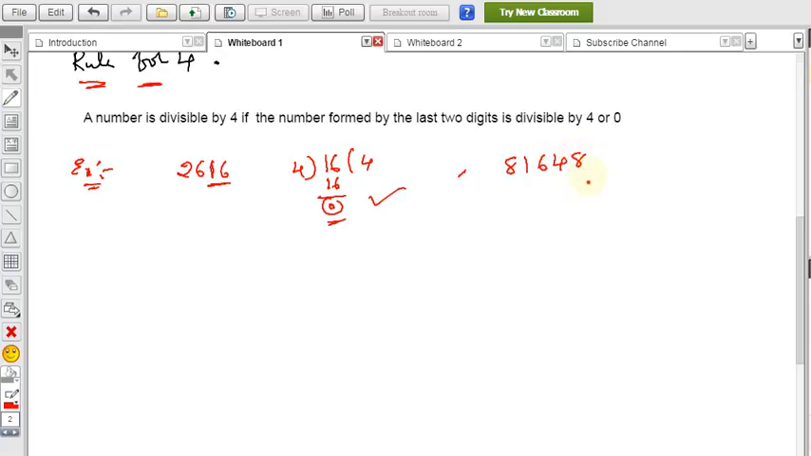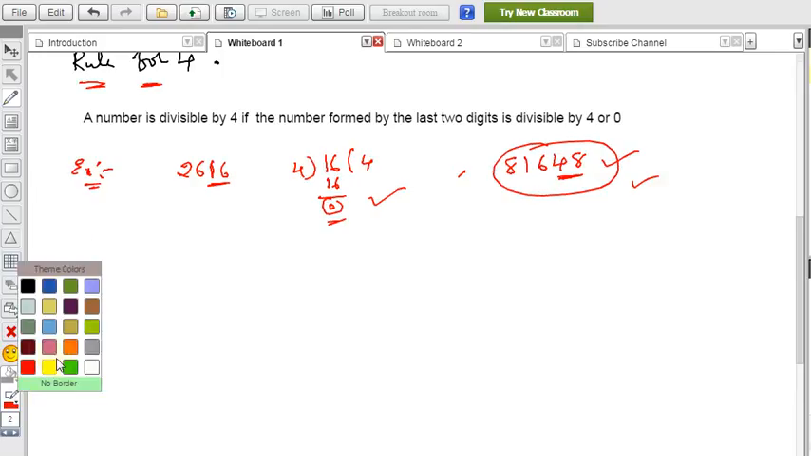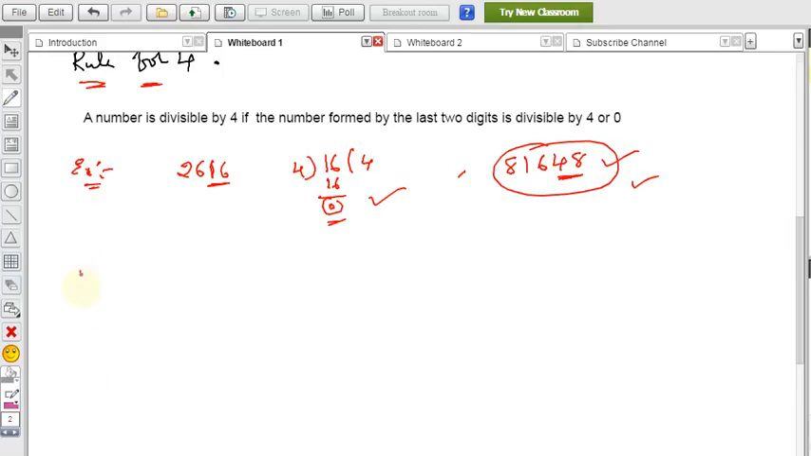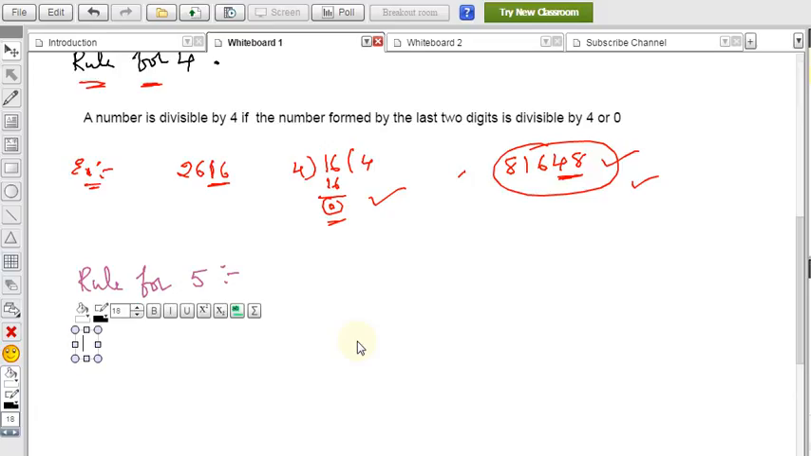81,648. So in this, 48 is divisible by 4, so this whole number is also divisible by 4. Rule for 5. Rule 2 and rule 5 also, just by seeing the number we can say, because for rule 2 we have to check only the units digit, and for rule 5 we have to check the same